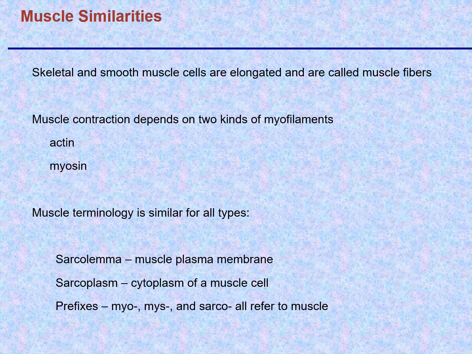So skeletal muscle is not called cells, but muscle fibers. So you have skeletal muscle fibers. Smooth muscle cells, on the other hand, are individual cells. They are also elongated, nowhere near as long as skeletal muscle fibers, but somewhat elongated. The contraction mechanism is dependent on two kinds of filaments. These are made of protein, and the two types of filaments inside the muscle tissue are actin